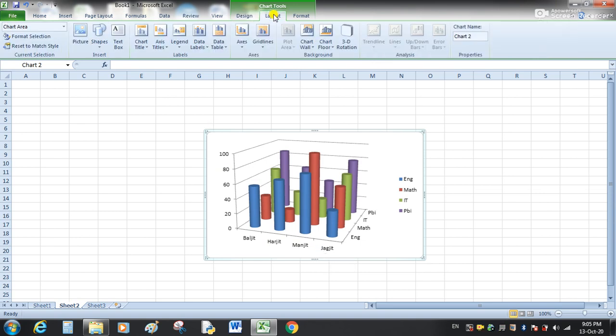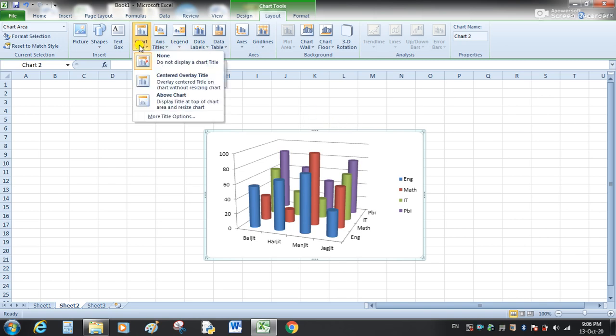So this is our layout tab. In this layout tab, under the labels group, our first option is chart title, meaning the name of the chart. Here there is no name, so when we click here we can select any option: centered overlay title, or above chart.